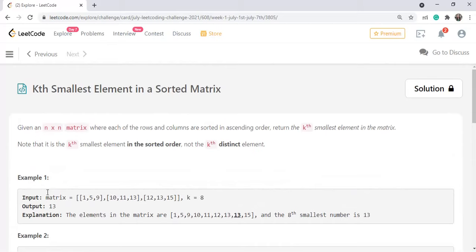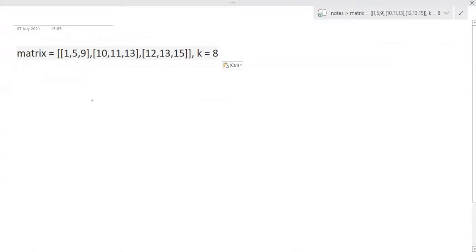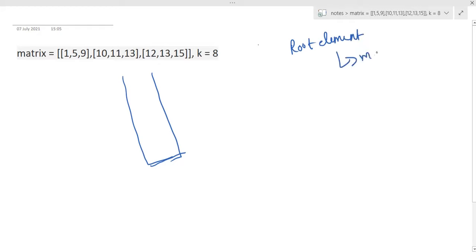So let's understand how heap is going to help us to solve this problem. First of all, I'm having a heap like this, and as I have mentioned that I'm going to implement a maximum heap, it means that the root element will be the maximum element. So you have to take care of this.